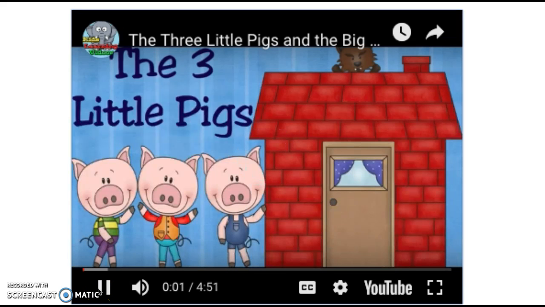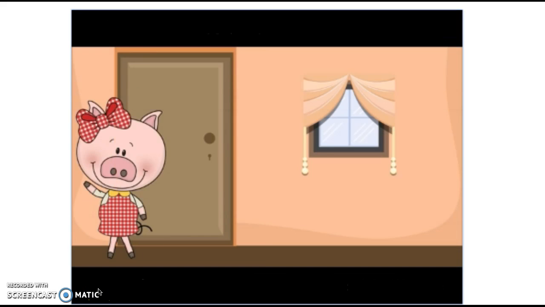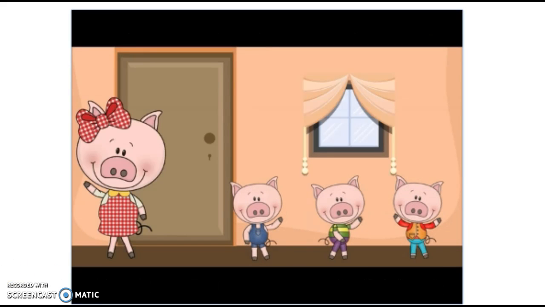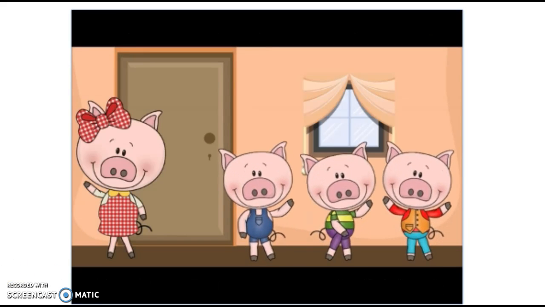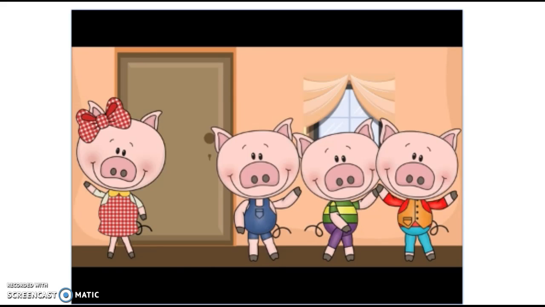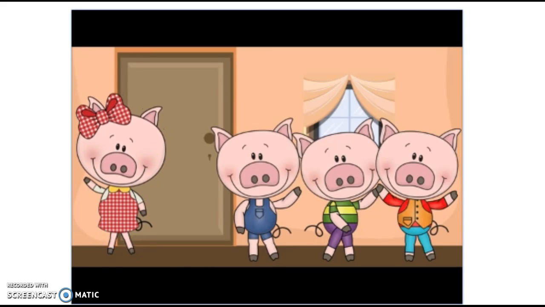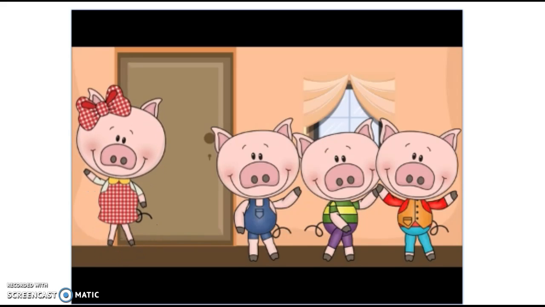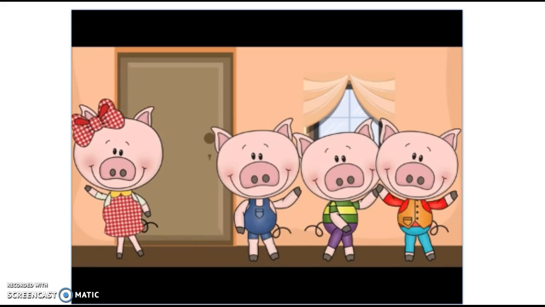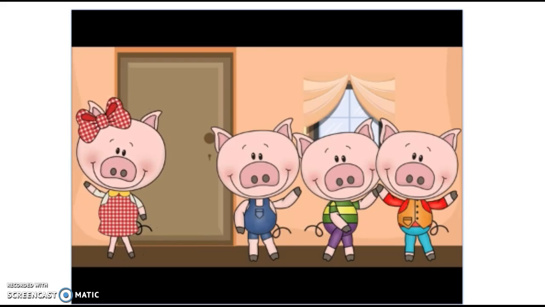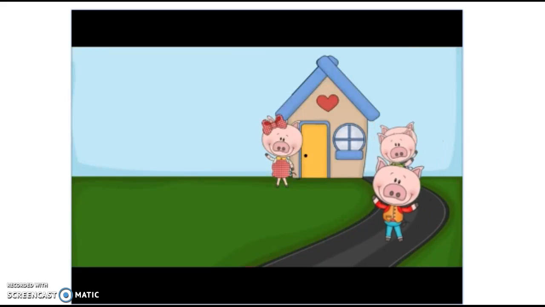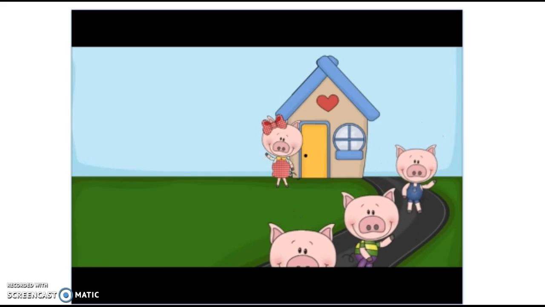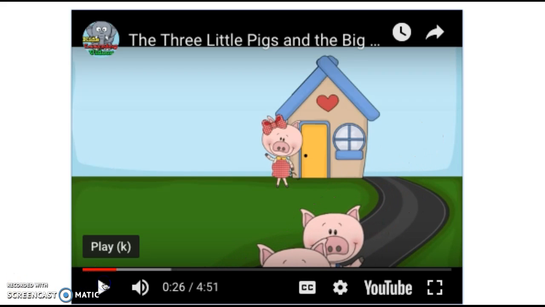The Three Little Pigs. There was once a mother pig who had 3 baby pigs. They grew up and got bigger until the mother pig had to say, "You are too big to live here. You need to go and build houses for yourselves. But be careful. There's a wolf out there and you don't want him to catch you." The little pigs set off, telling their mother, "We will be careful."